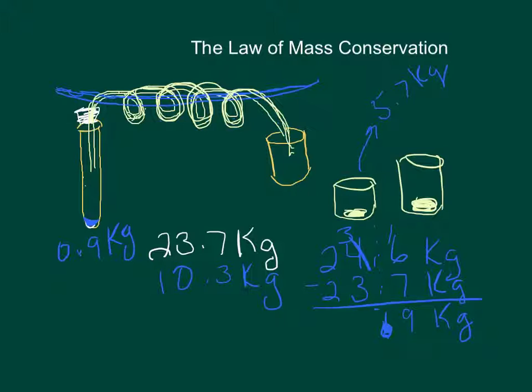So far I have the equipment that weighed 23.7, and I had put in 10.3. Now, the equipment still weighs the same. The sludge in there, though, weighs 0.9, and then this weighs 5.7. How can I figure out what this one was? Well,